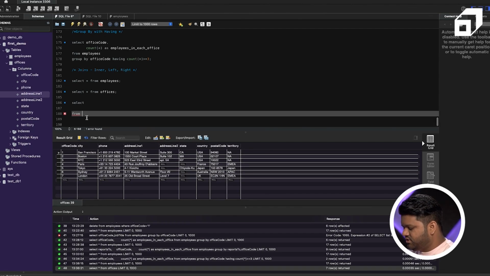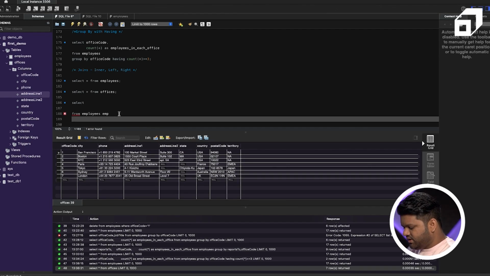So select from employees table, and the alias name is EMP, just one single space, and after that whatever you mention in front of the table name will be treated as an alias name. So from employees EMP, inner join offices